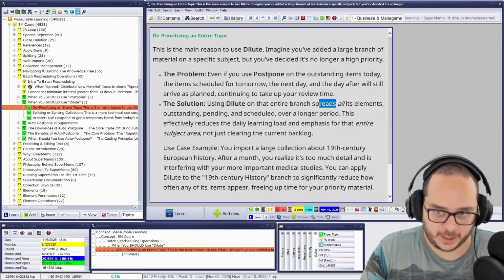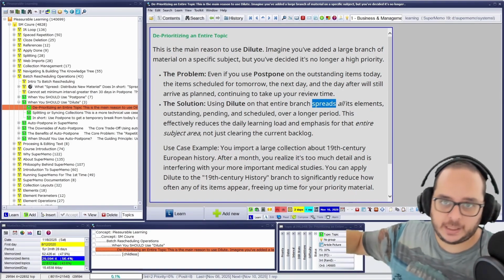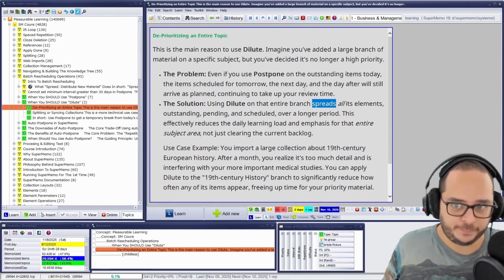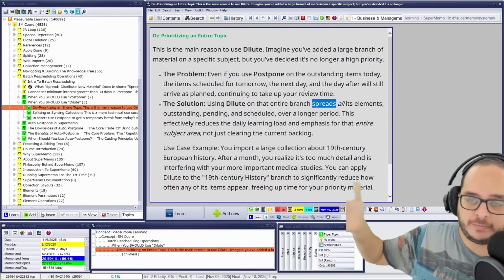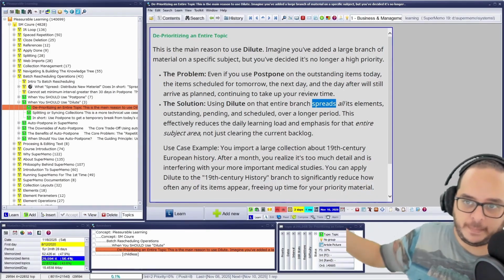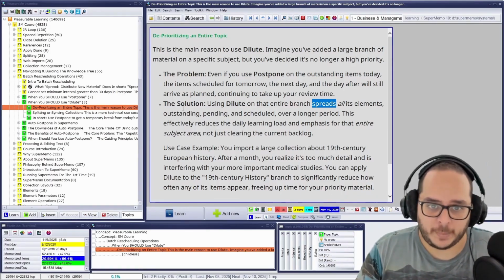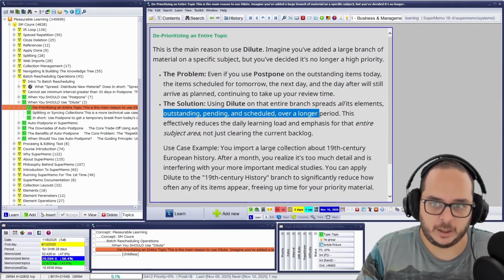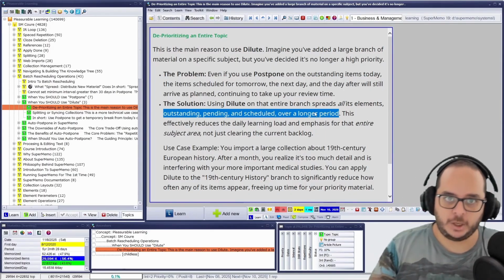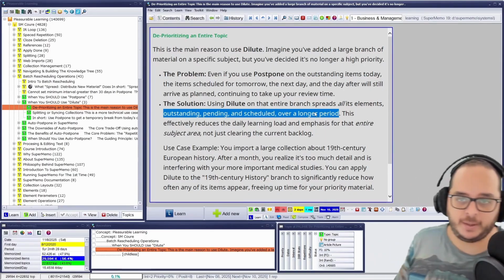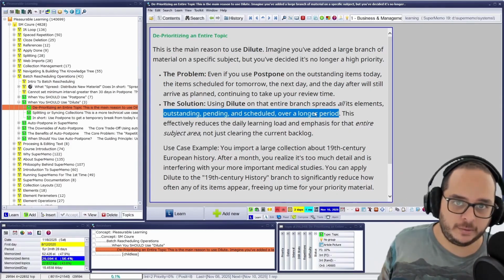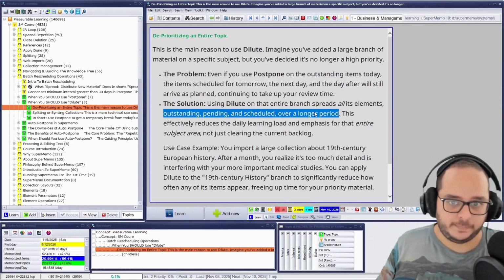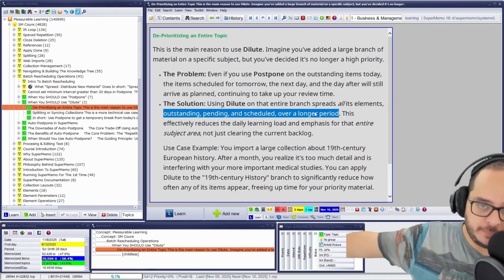But wait a second, spreads using English language, not the spread feature in SuperMemo. That this spreads equally the same amount of topics, elements per day. Then, all the elements, meaning outstanding, pending, scheduled or not, over a long period of time. So it's not just postponed for a few days, no, because you want to clear out the outstanding queue and cheat your way out. No, it's something that will be longer in the future, first, and it's everything.